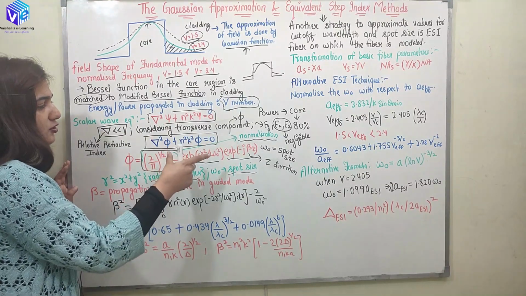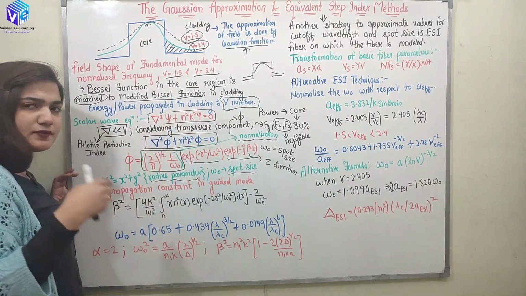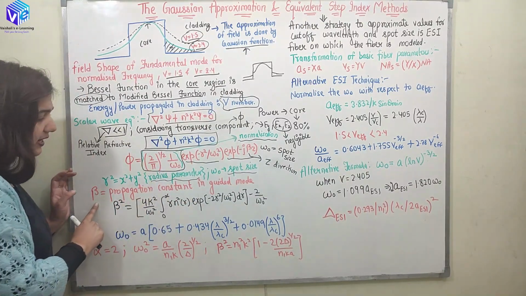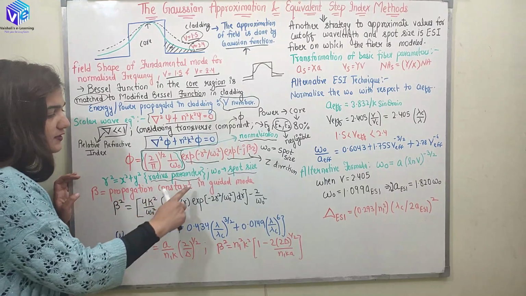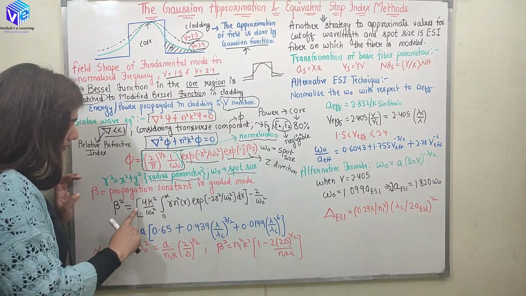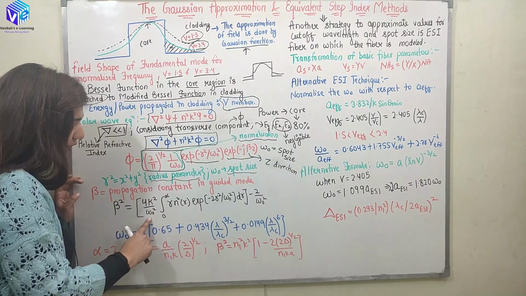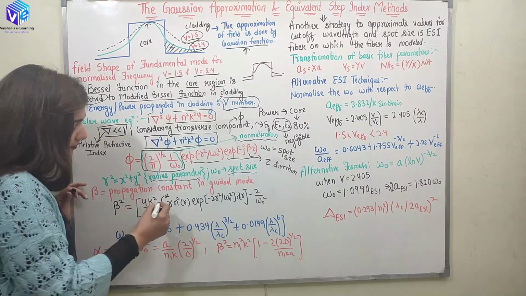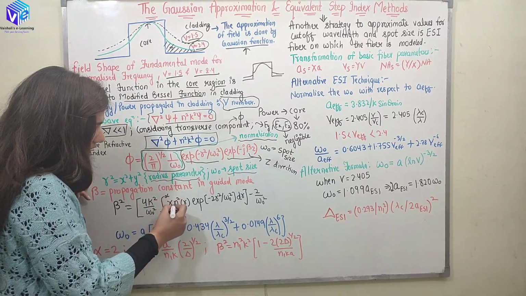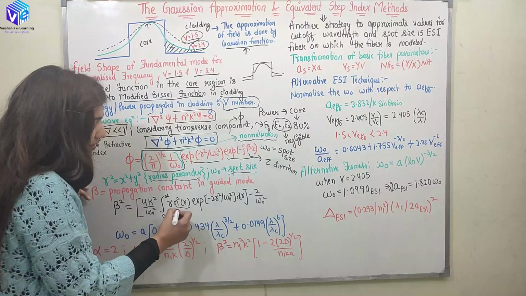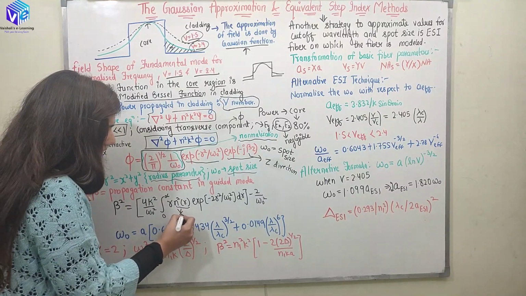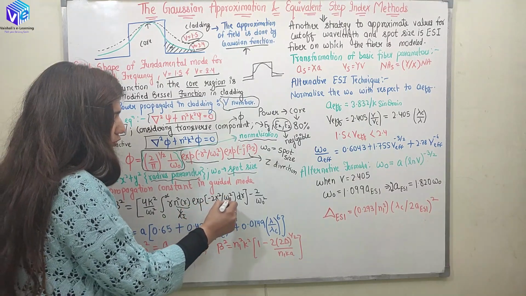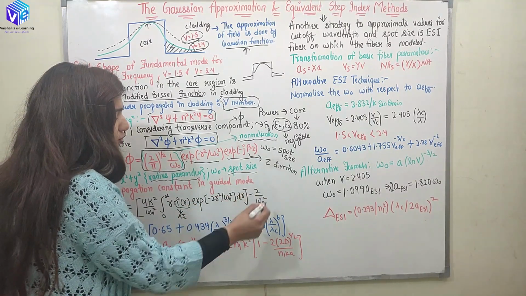of the Gaussian approximation. Now with the help of the wave equation and the Gaussian approximation, we can find out the value of beta, and beta is the propagation constant in the guided mode. So beta square would be given as 4k square upon omega naught square. What is k? k is the propagation constant in the vacuum. So here we will be having integration from 0 to infinity of r n square r. So this is the refractive index, right? And here we will be having the exponential of minus 2r square upon omega naught square dr minus 2 upon omega